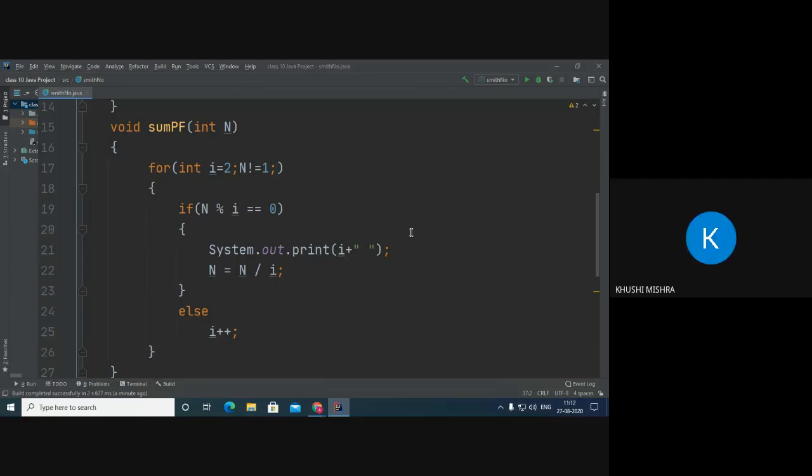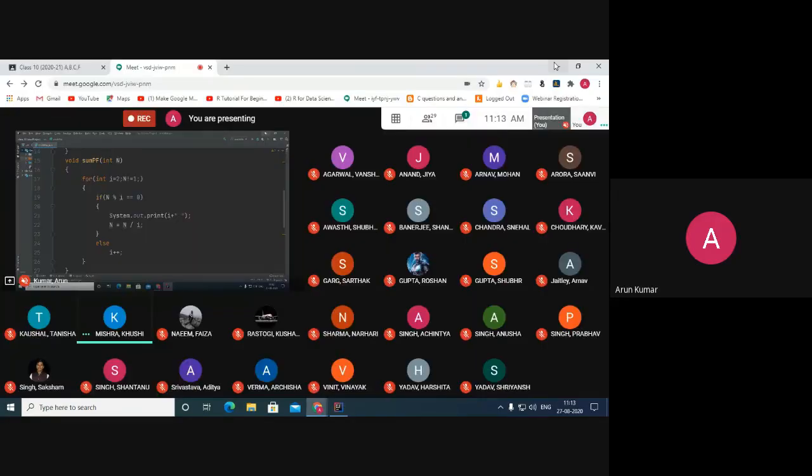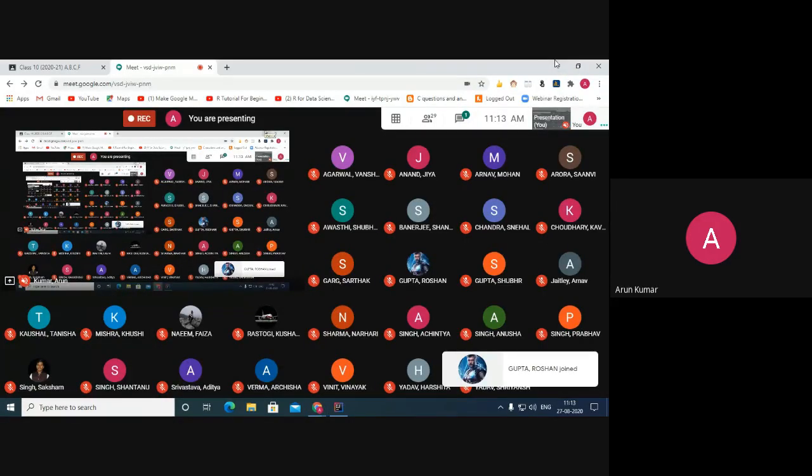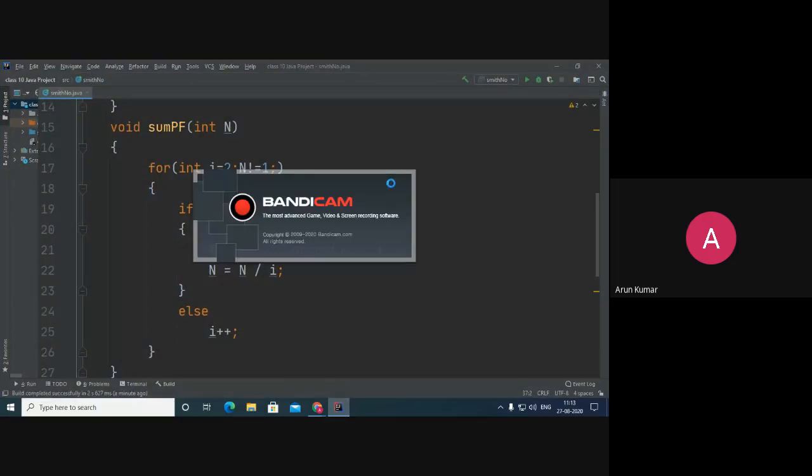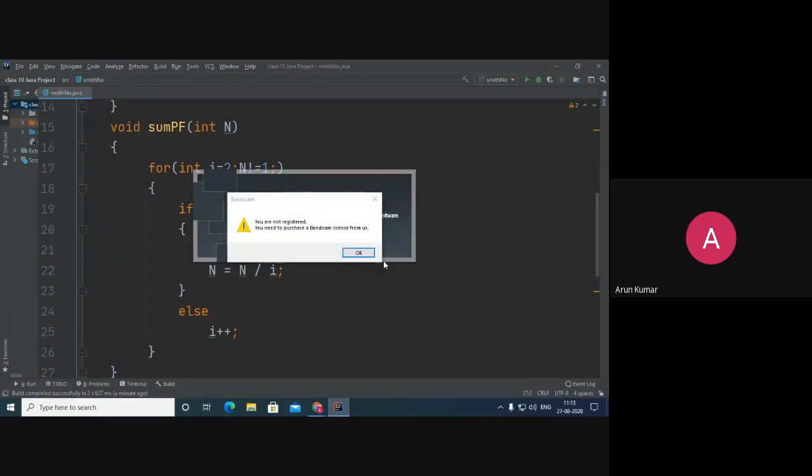Sir, can you please explain the last for loop again? Okay, Simran is there or not? Okay, I'm just going to explain it. Just have patience.